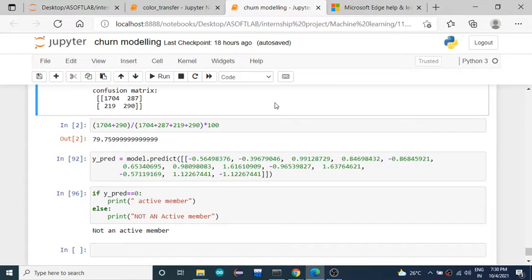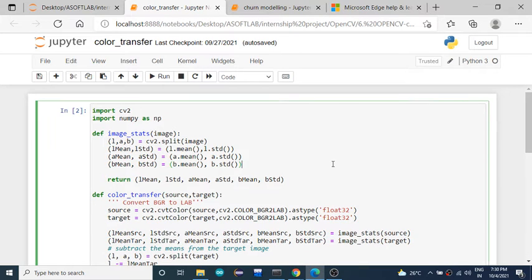Once you're finished with this, let us move on to the next project, which is based on OpenCV, open source computer vision. In this project you are going to transfer the color shades of one image, the source image, to the target.